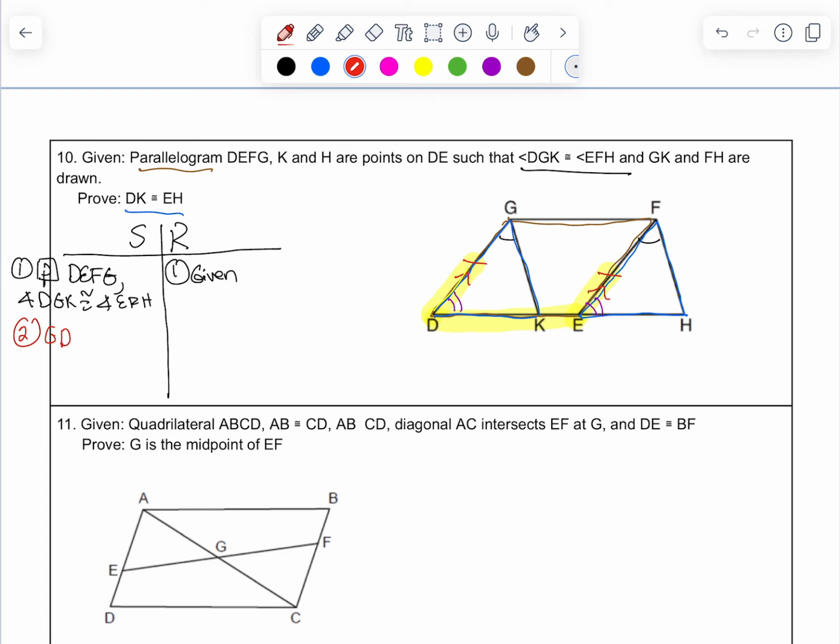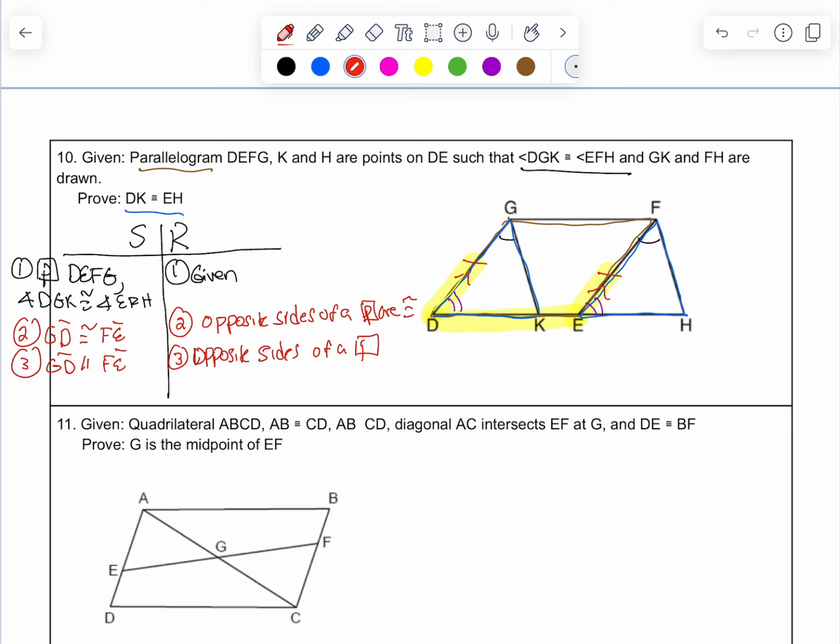Then we said that GD is congruent to FE. Opposite sides of a parallelogram are congruent. And then we said that GD is also parallel to FE. Opposite sides of a parallelogram are parallel. And then we said